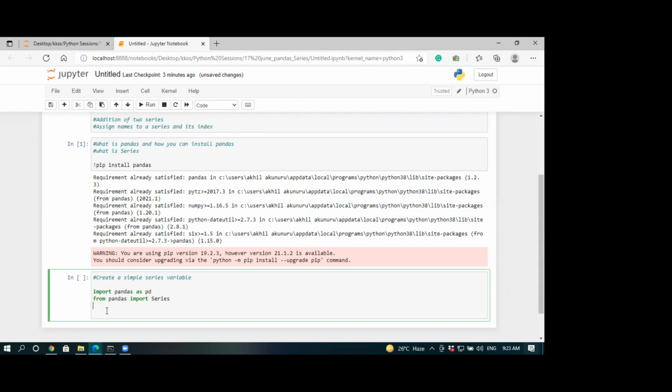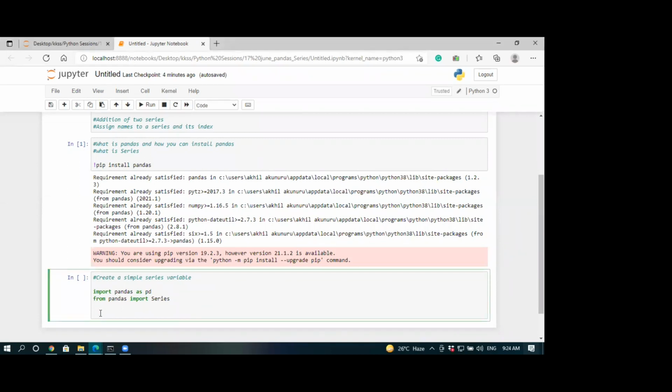Just to add, pd is just an alias for you to reference the Pandas library at any time you want. If you want to take any particular function from the Pandas library, it's usually library name dot function name, so you have to type pandas dot function name. Instead of that, if you give the alias pd, then you can just type pd dot the function name, just to make it easier.